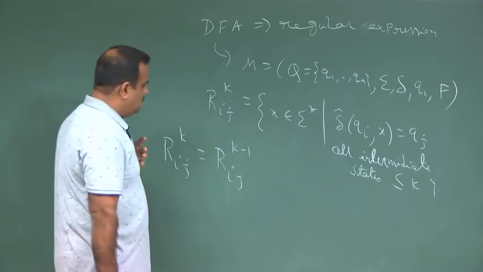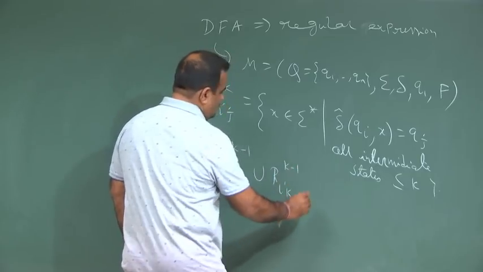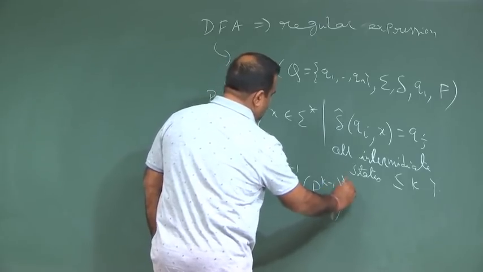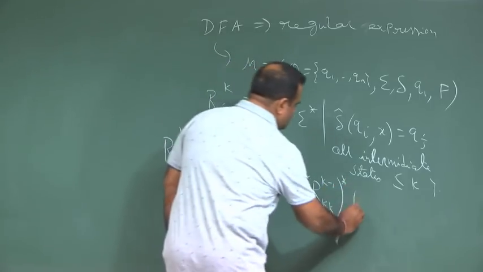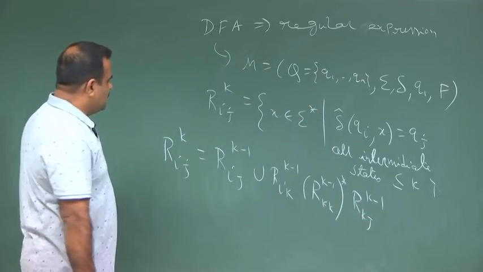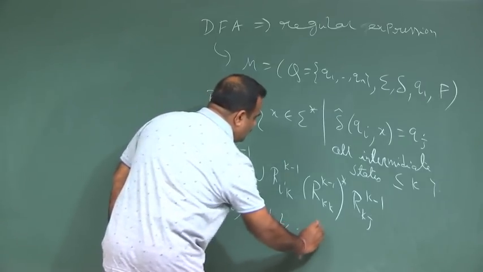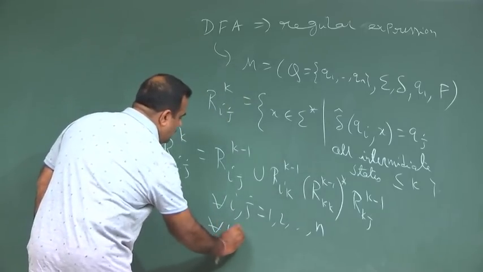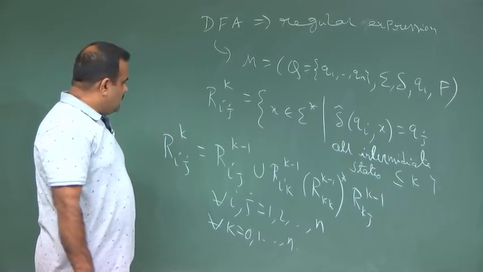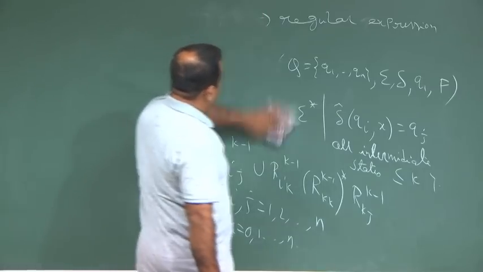R_ij^k is the union of R_ij^(k-1) with R_ik^(k-1) R_kk^(k-1)* R_kj^(k-1). This recurrence we have seen, and this is true for all i and j from 1 to n, and also for all k up to n. Okay. So, this part we have seen, and using this recurrence we have